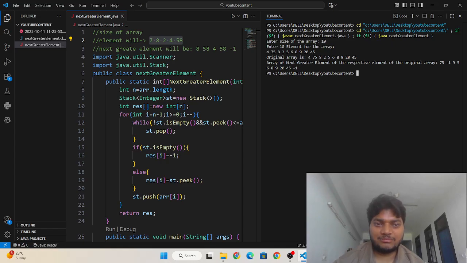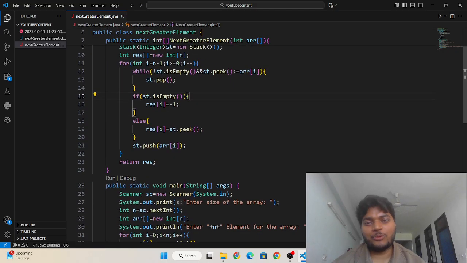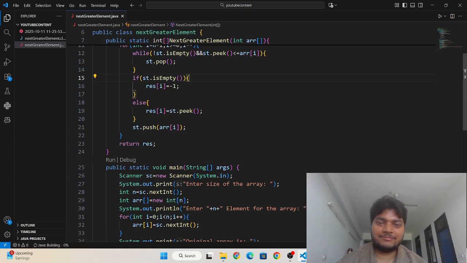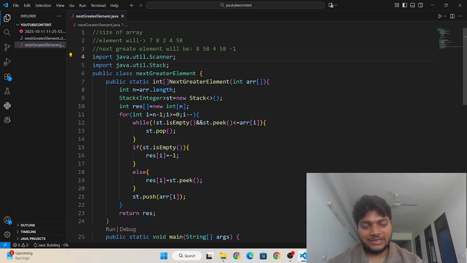Okay, now I am going to write a comment for each line so that you can understand this code in one go only, and you can explain this code line by line when your interviewer asks.